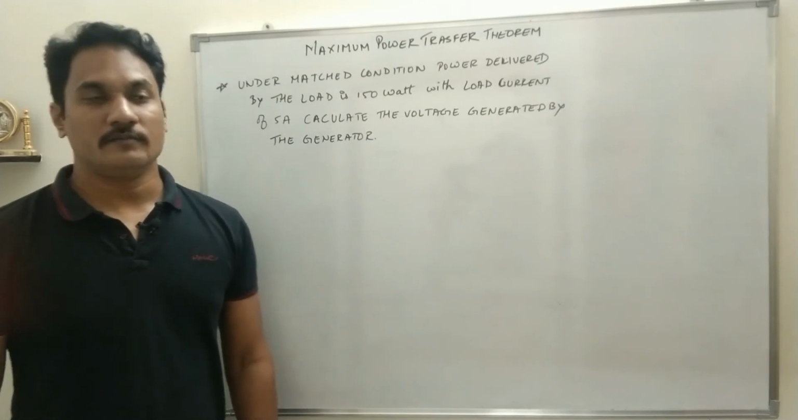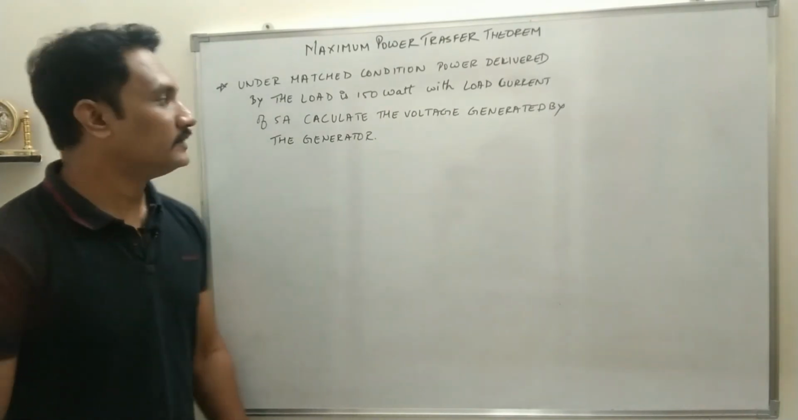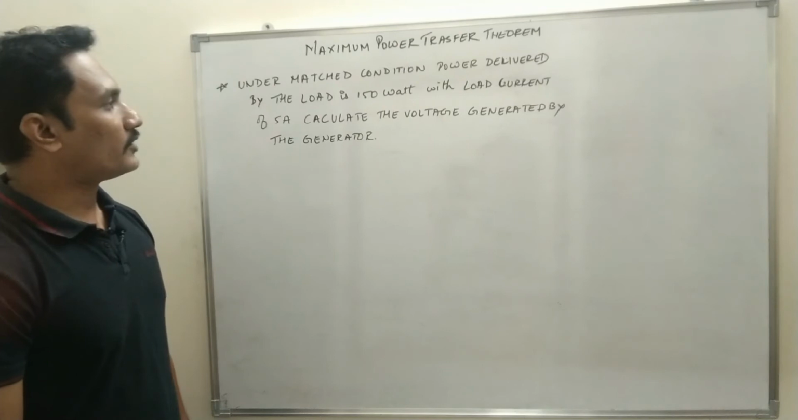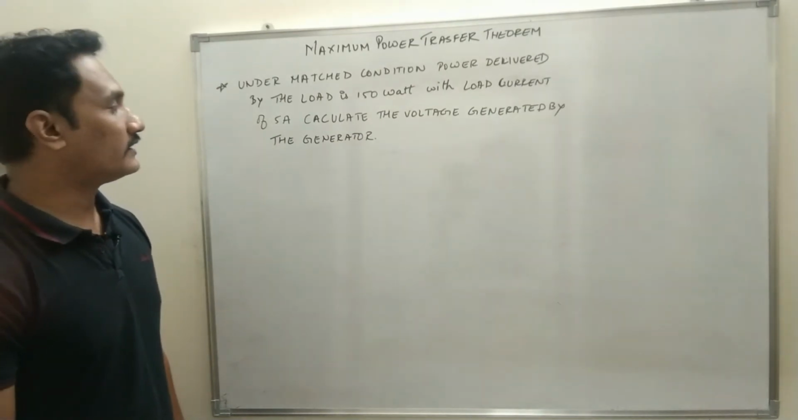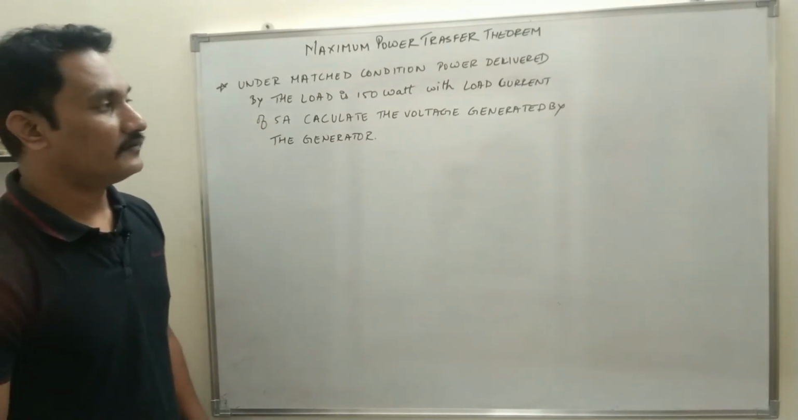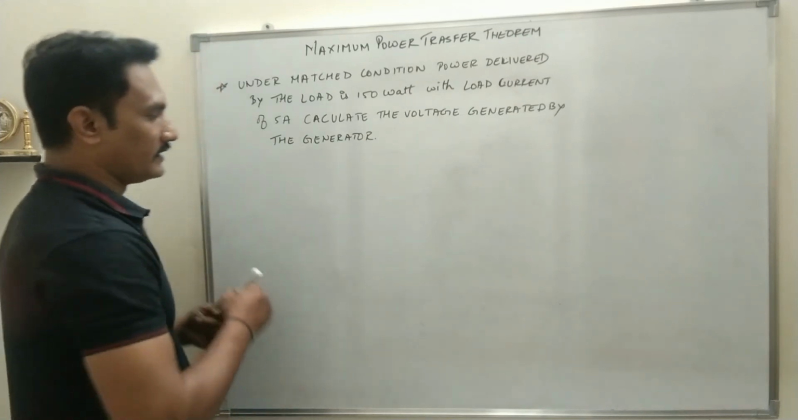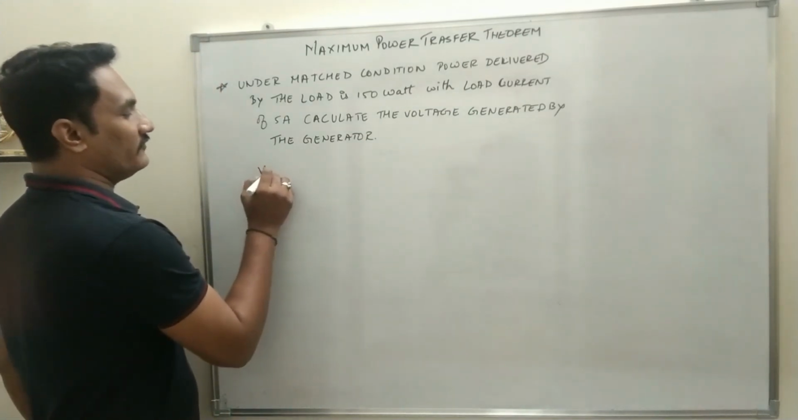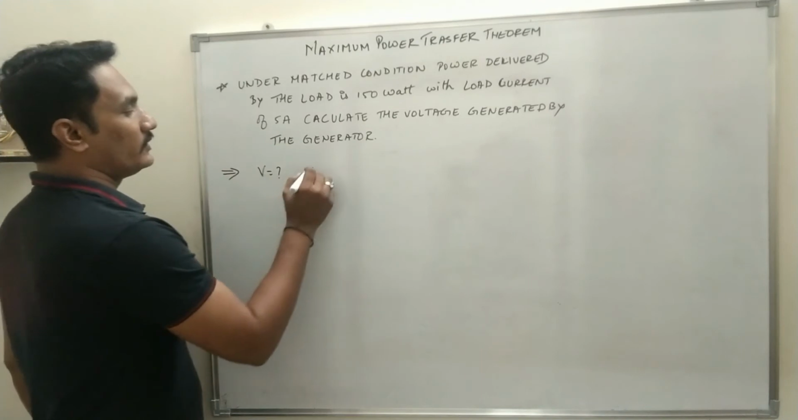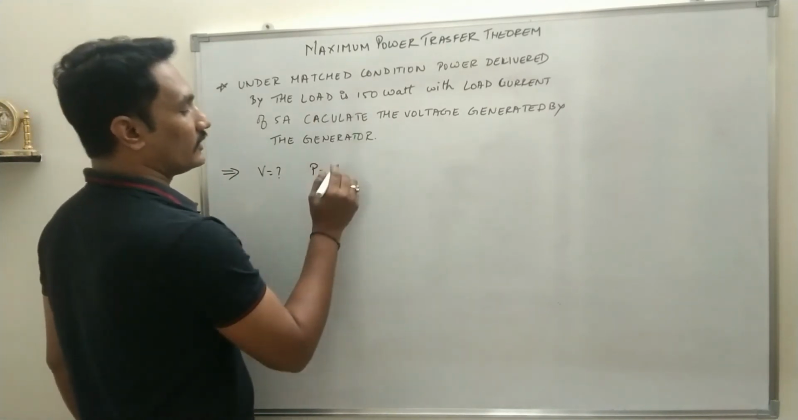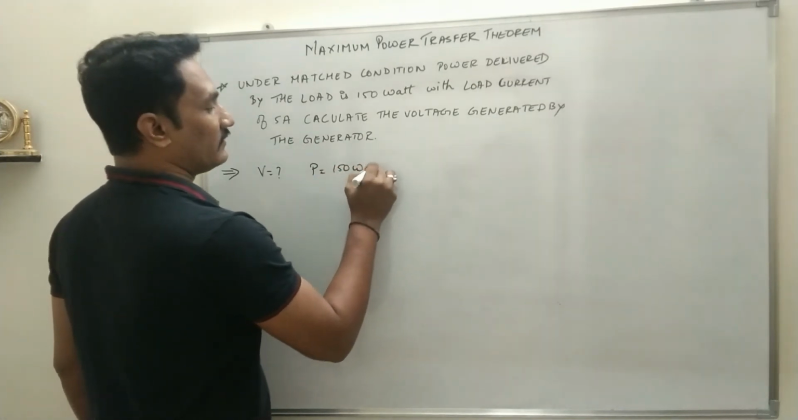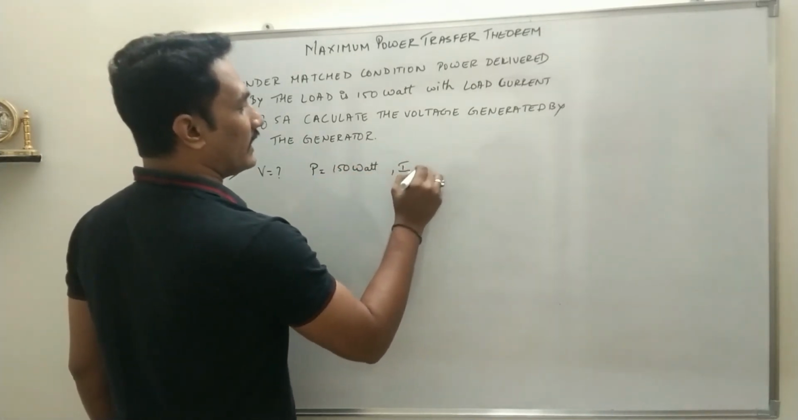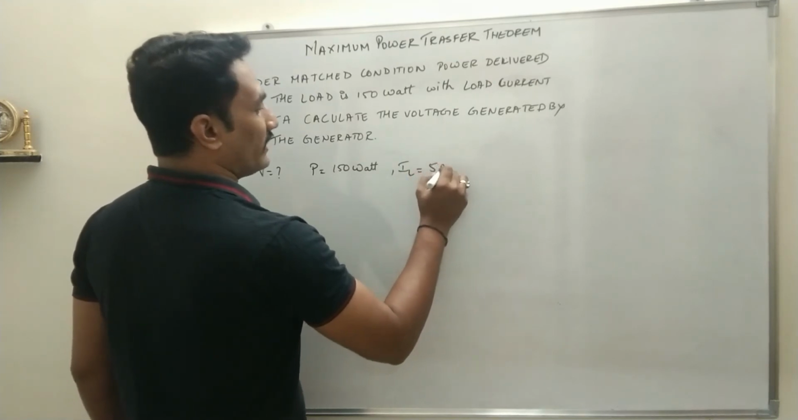Let us take one more problem for the maximum power transfer theorem. The statement is, under matched condition, power delivered by the load is 150 watt with load current of 5 ampere, calculate the voltage generated by the generator. That means we need to calculate V. Okay, and what else is given? P is given. P is equal to 150 watt. Output load current is given, IL is equal to 5 ampere,